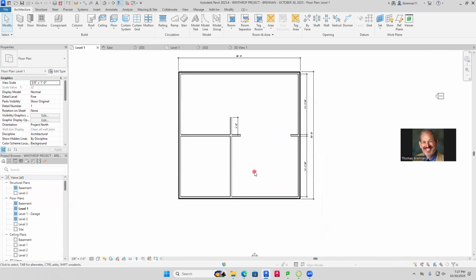I'm not getting the temporary dimensions for the. Try it again. And at this point, I think what I'm going to do now is,